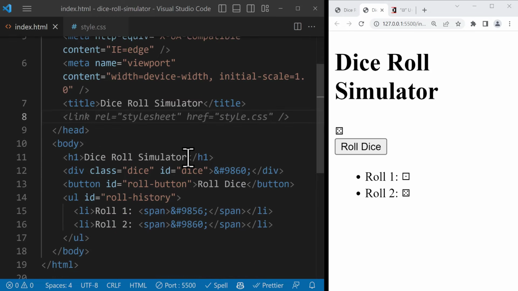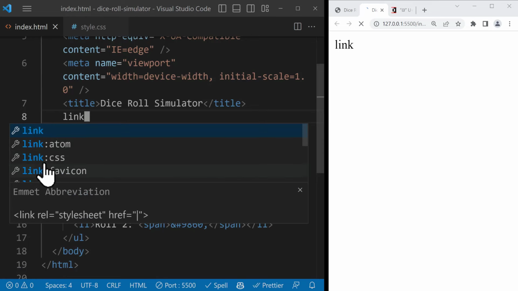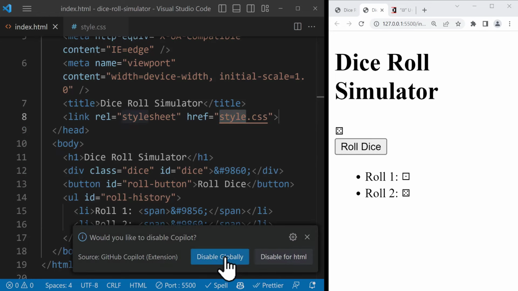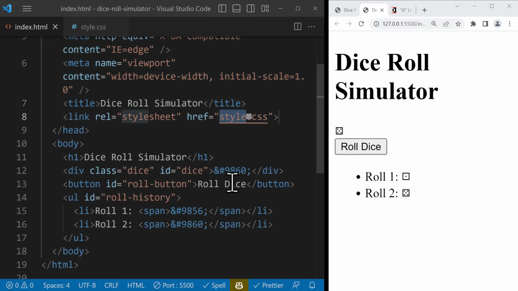As you can see from getting this suggestion, you just write down link and then click on the third auto suggestion, the one with the CSS. Let me turn off my GitHub Copilot. All right. So now we have a link, which is a relationship between the HTML file